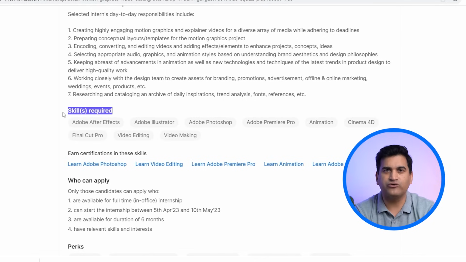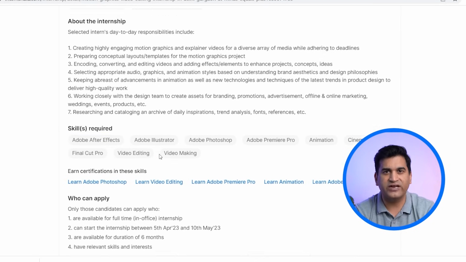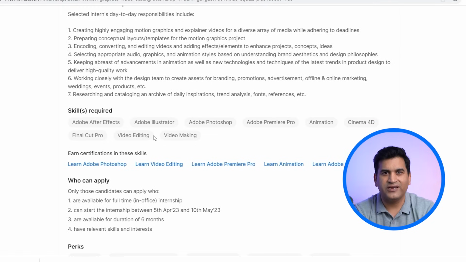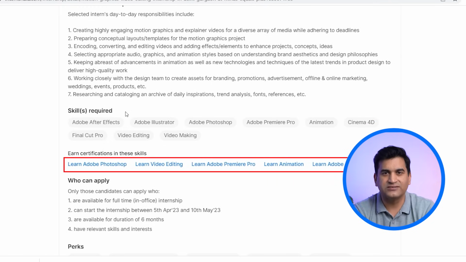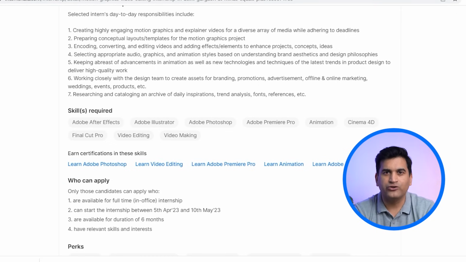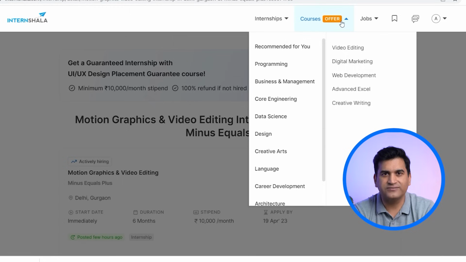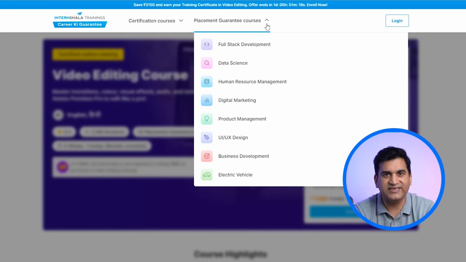If you think you need to develop a few skills in order to apply to such internships, then you can do online training on Internshala itself. Internshala is also suggesting a few skills. You can click on any of them and enroll in the suitable one. You can also click on Internshala trainings here and select the relevant training. Internshala also offers placement guarantee in these courses. That means after successful completion of the course and your graduation, you will be placed in the relevant internship or